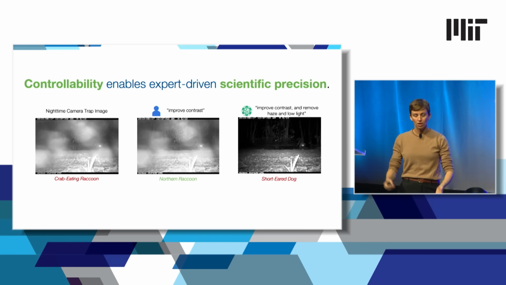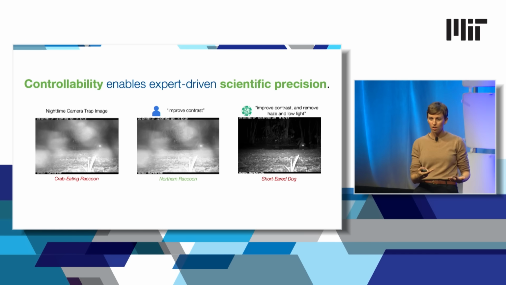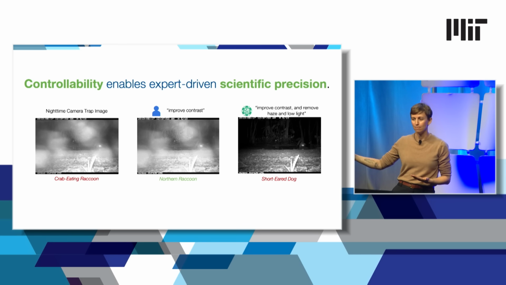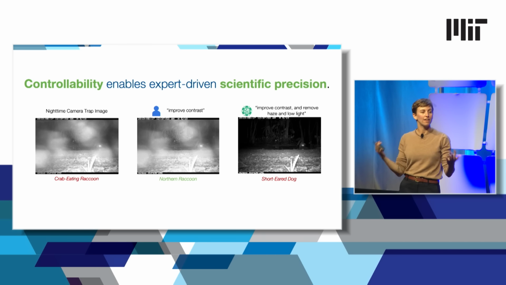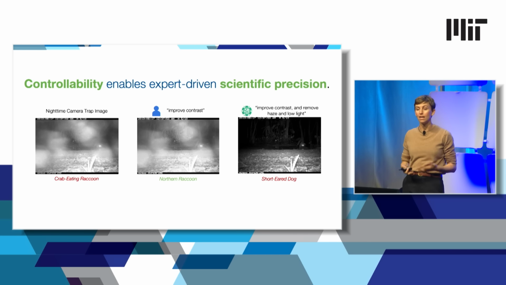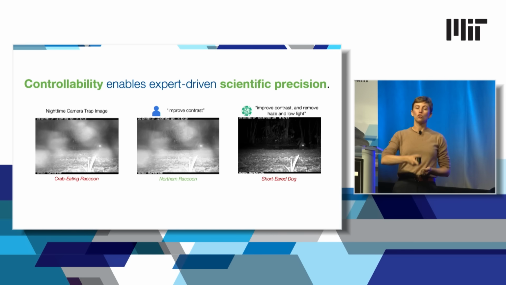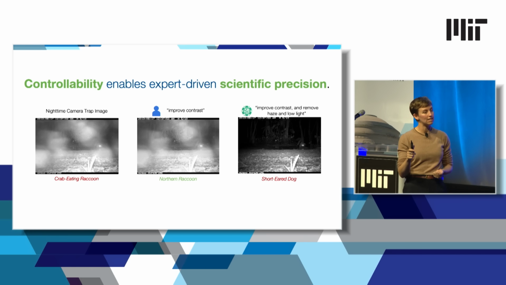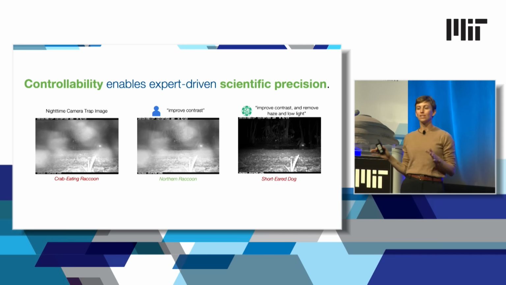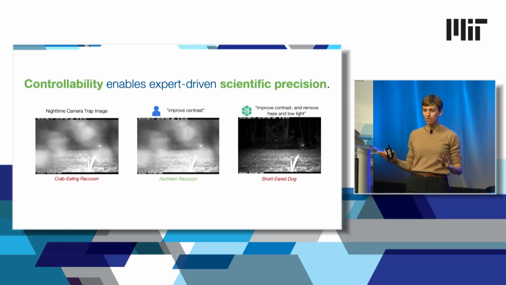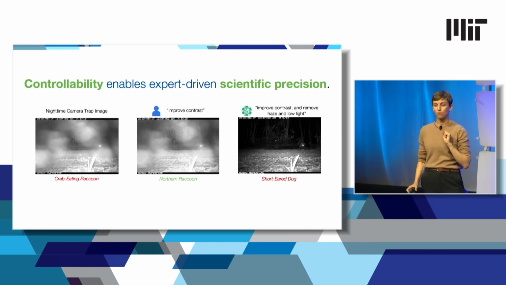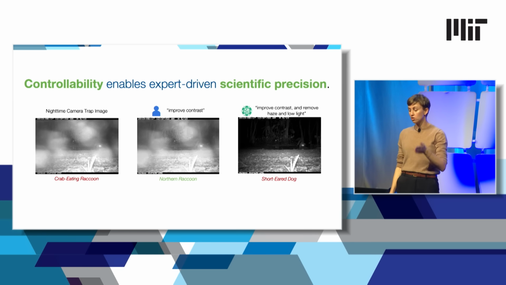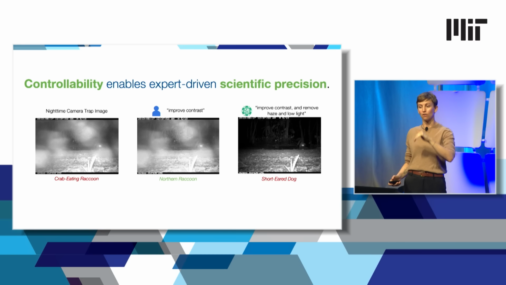Like I said, the more you change, the more opportunity there is to add mistakes in these generative models. One thing that has been brought up a lot is this idea of hallucination. Generative models can introduce errors. And what we've seen is that if the goal is to do some sort of scientific inference downstream, you don't always need to remove every type of distortion to do your task correctly. In this case, an expert identifying that we want to just remove the contrast, but not also affect the low light, is better.